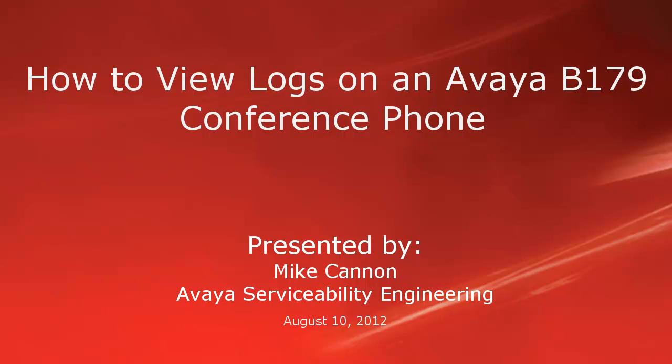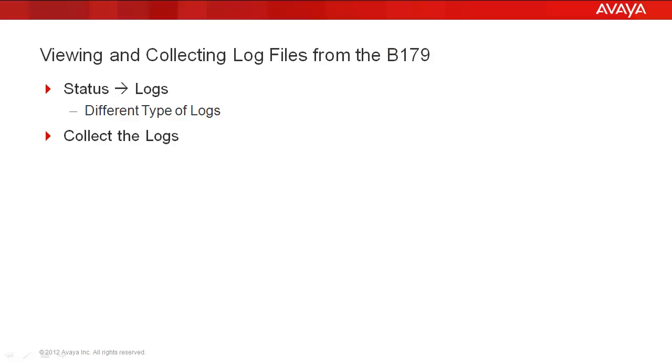A short video on how to view the logs on an Avaya B179 conference phone. Viewing and collecting logs from the SIP B179 conference phone. First we're going to HTTP into the phone itself, then we're going to go under status and logs, and we're going to look at the different types of logs. And then we're going to go through the process of how we collect the logs so we can email them